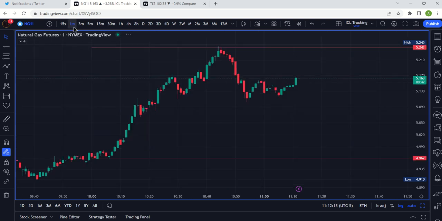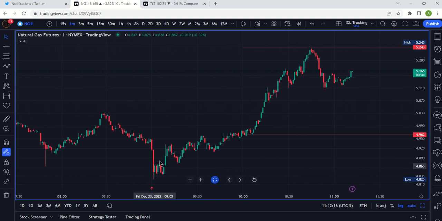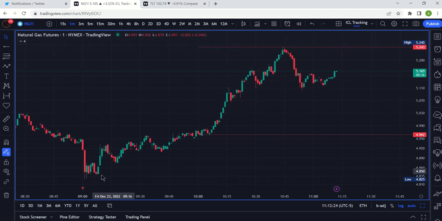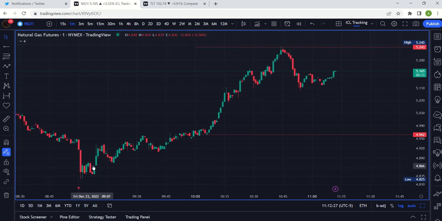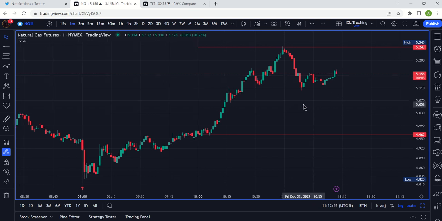Let's get crazy. What if we zoomed into the 1-minute chart? Boom. So we have a swing low that happened at exactly 9:01. And it took a while. We actually consolidated at the lower end of the range here. And again, if you're following, this is a bit of a bear flag, right? So we kind of bear flagged a little bit, but it's just a 1-minute chart, so a lot less significant. Came up here, made a higher low, another higher low. So this is a little bit of a rangy situation, and then we really start getting the upside here. So I hope you're seeing that. All these 1-minute candles fit inside those 5-minute candles, inside the 15-minute candles, the 1-hour candles.